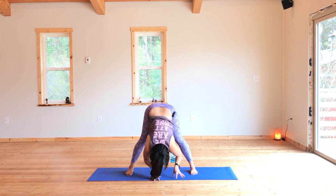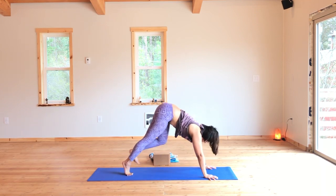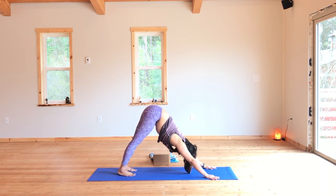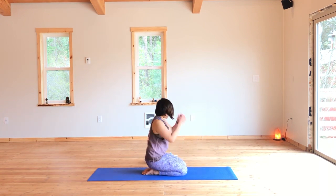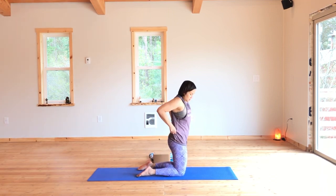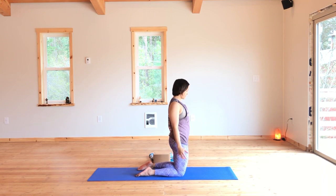Now releasing the arms, turn and pivot your right toe facing to the front. Press your palms flat. Step your feet back, come into your downward facing dog. Gently lower the knees down to the floor. And then come into your seated position. So come up into your kneeling. So press through your knees and then have the knees about hip width apart and feet about hip width apart as well. So open up your arms,